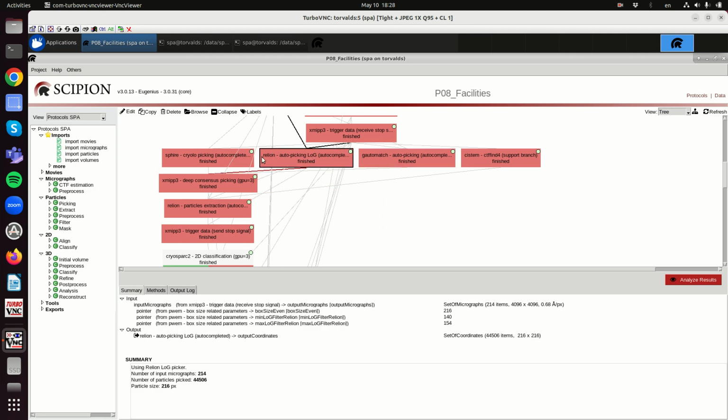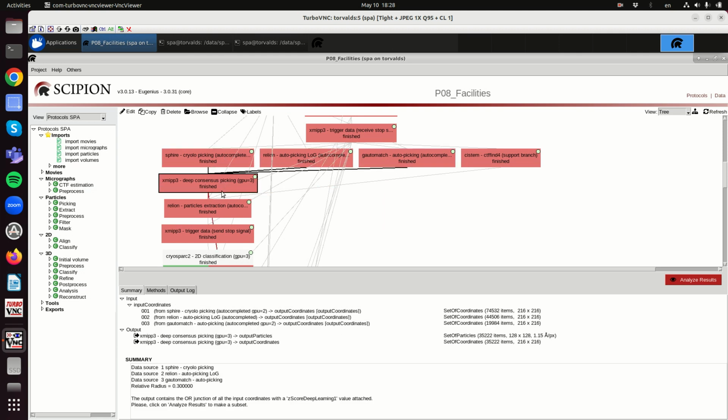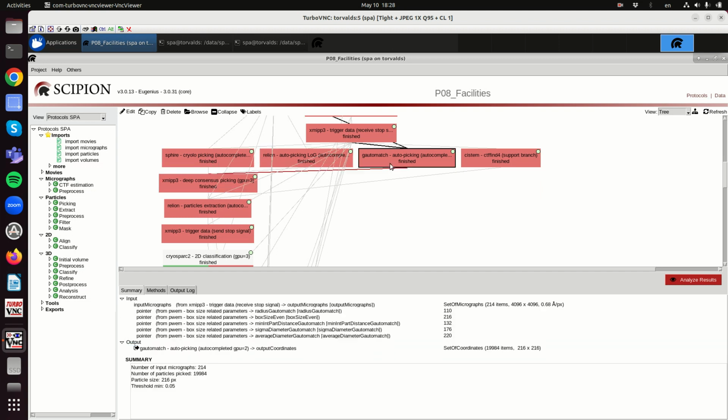We go into the deep consensus. So the deep consensus will take the particles. If we look at the numbers, almost 150,000 coordinates have entered into the protocol, but only 35,000 go out. The reason is that many of these are redundant, so the same particle has been found by the three pickers. And another reason is that